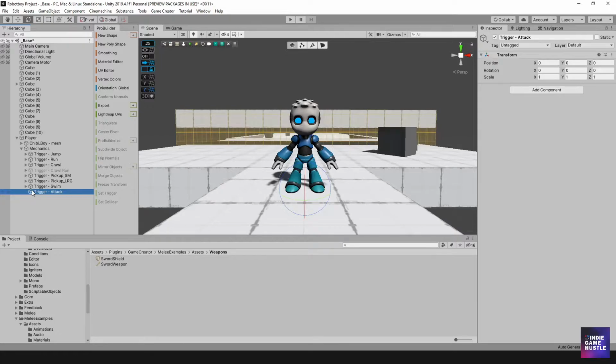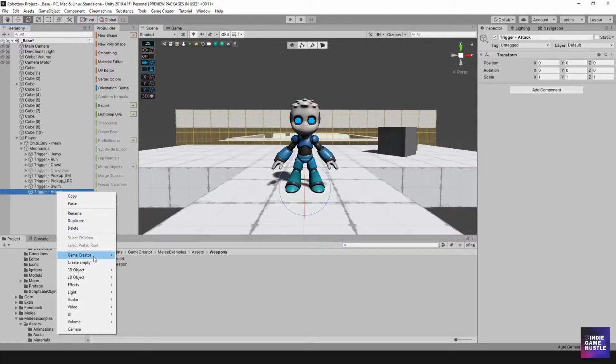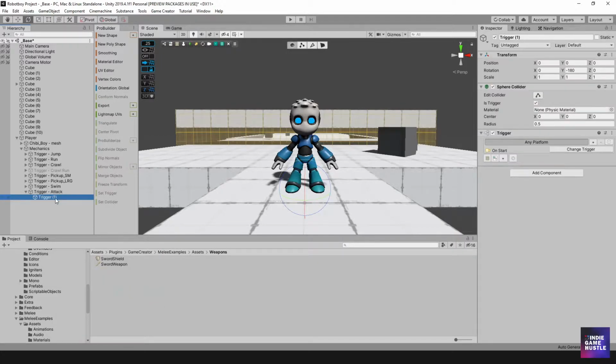Okay. And then underneath here, there's going to be a few different triggers we need to start with. The first trigger we're going to look at is a trigger to draw the weapon. Think about it logically. When you play a game, you just hit a button and he swings and everything works. But